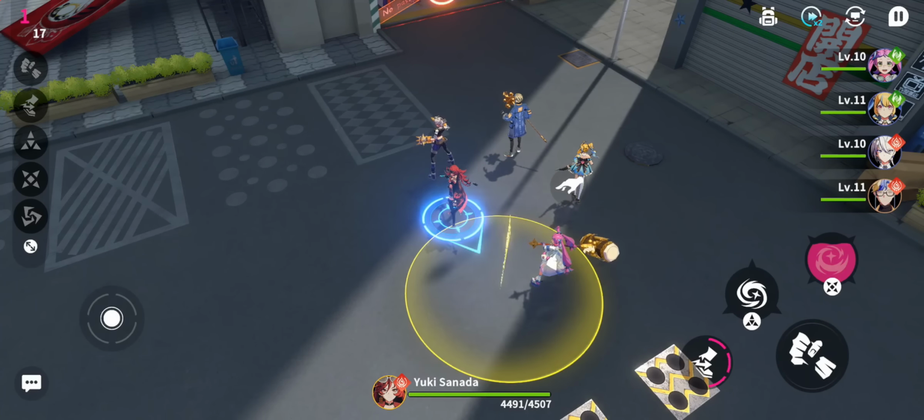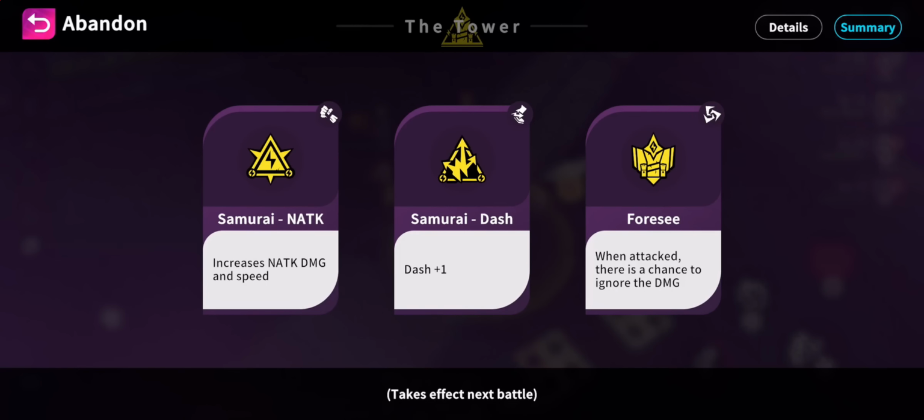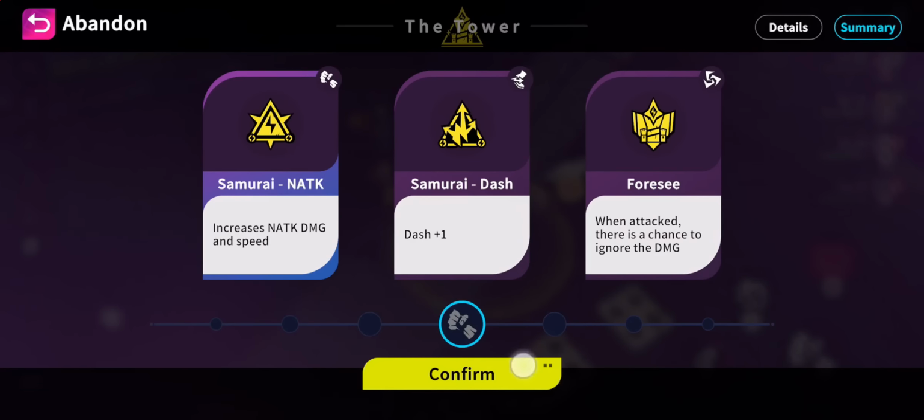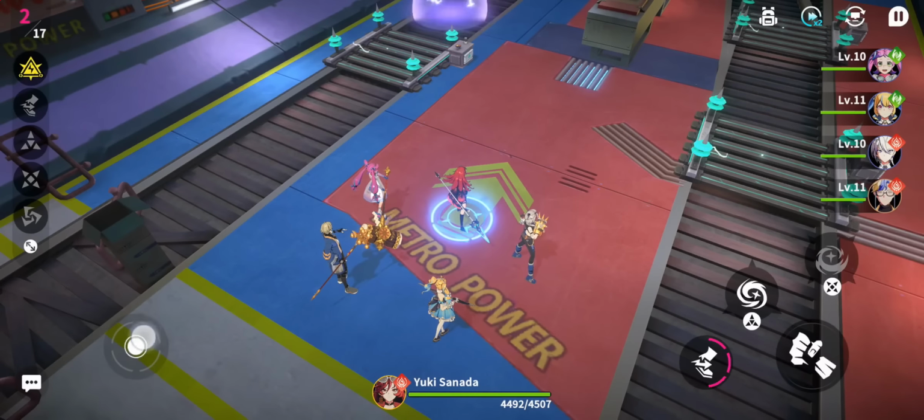Now, every single time you defeat a floor, you will get an upgrade. Now, this is where the labyrinth style roguelite feature comes into play. So right now I have Samurai, which increases my natural attack damage plus speed. I also can get myself an additional dash charge, or when attacked, there's a chance to ignore damage. Let's go for more natural attack damage plus speed, and we'll move on over to the next floor and basically